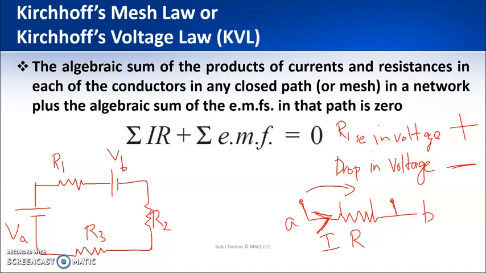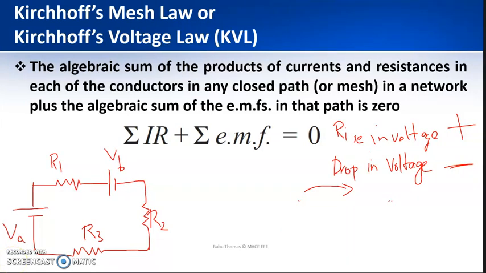But just imagine that I am moving against the conventional direction of current which I have marked, that is, I am moving from B to A. The current direction which I have marked is like this, but I am moving from the point B to A. So when I am moving from B to A, this potential B is at a lower potential when compared to the point A. So it is a rise in potential and therefore it is plus. So this is a basic understanding we should have before moving on to writing the algebraic sum.